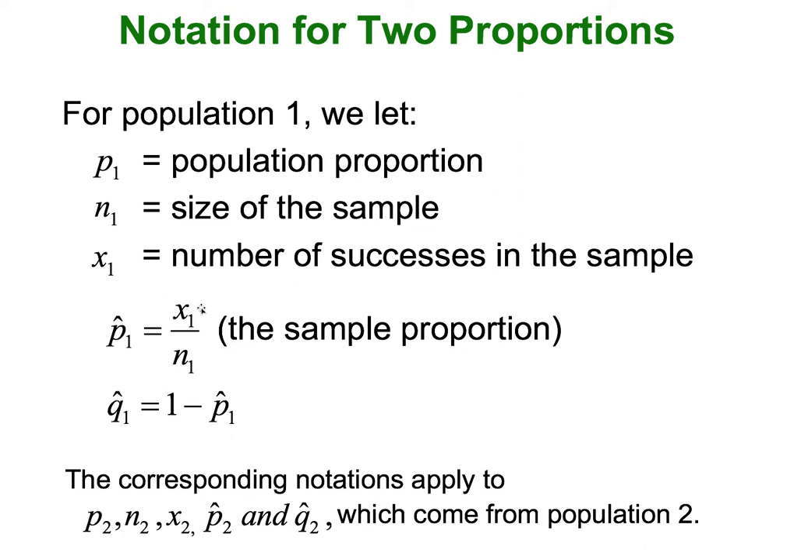is the number of successes divided by the size of the sample, and then of course its complement is 1 minus that sample proportion. And all of these come from population 1, and so they have the subscript 1 for each of them. And the same notation applies for the other population, and we'll call that population 2, so it has a subscript of 2 for each of its